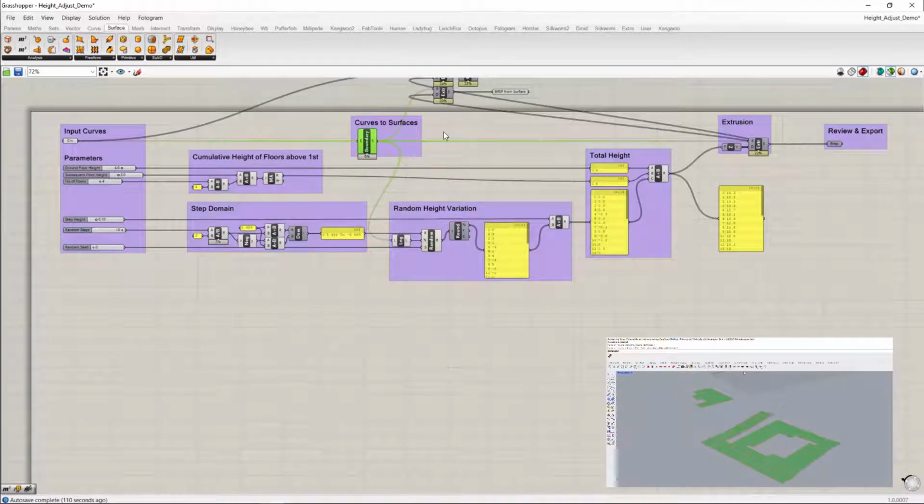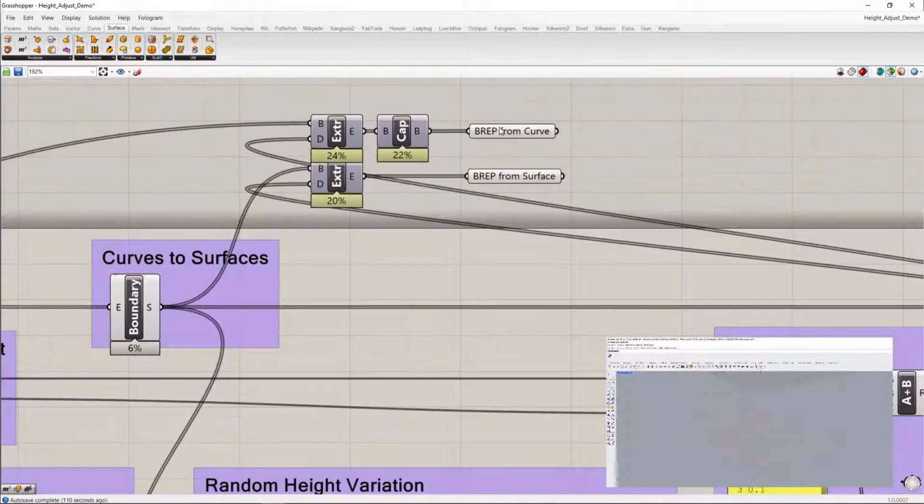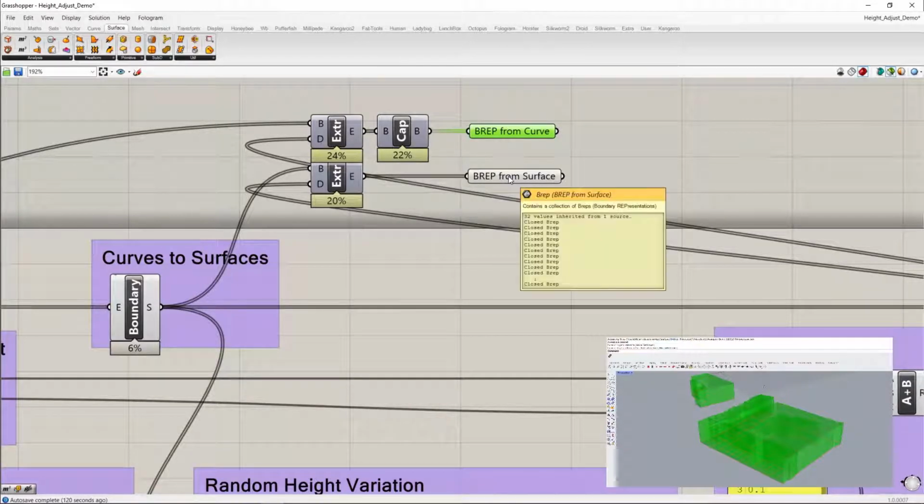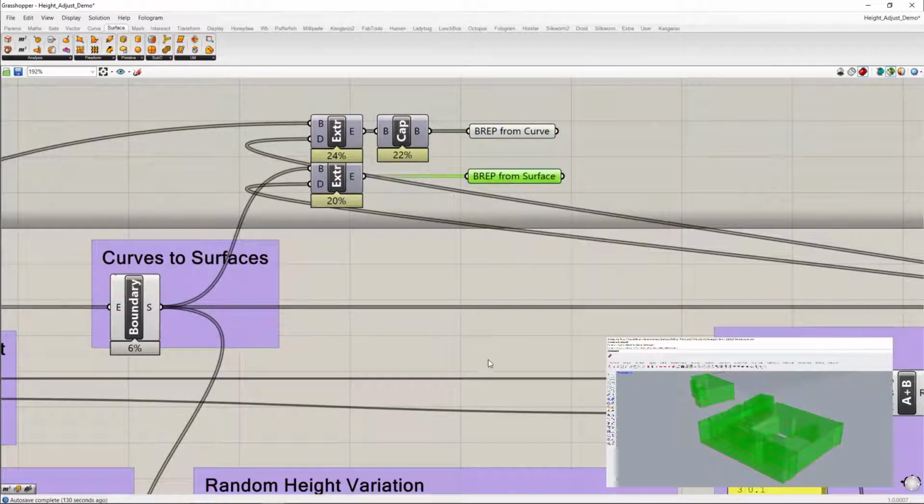If you're thinking that we could directly extrude curves, you would of course be right, but this would mess up any building with an inner courtyard, since Grasshopper cannot possibly differentiate between the building and the courtyard. Creating a surface first creates a region between the outline of the courtyard and the outline of the building, and this provides us with the required information to proceed.